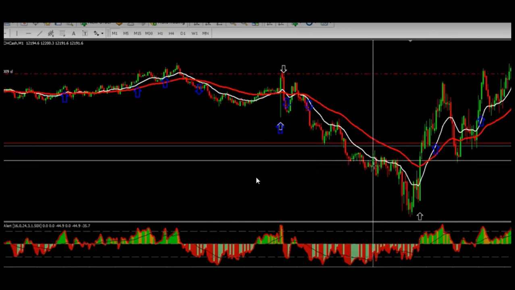So I use the arrow in the direction of a moving average. Once I have the two in agreement, I will place my trade. And here we have this for buy. We have this arrow above the moving averages. The particular moving average I use, you will find it in the video. So you can set it up, and this arrow in the direction of this and the direction of moving average,